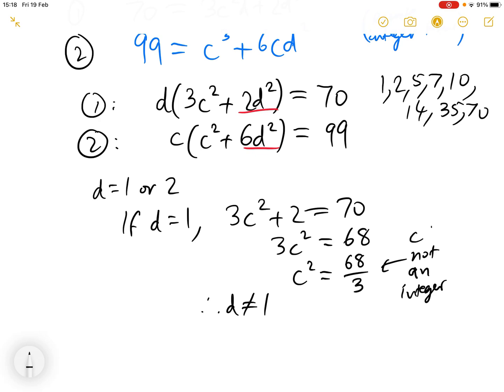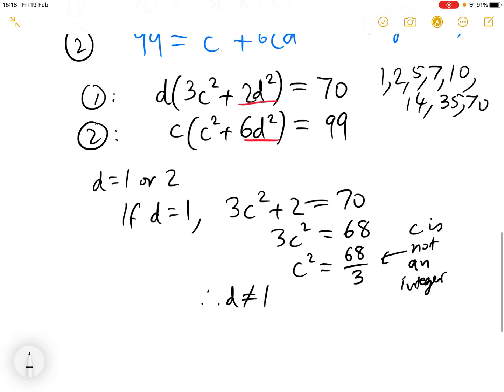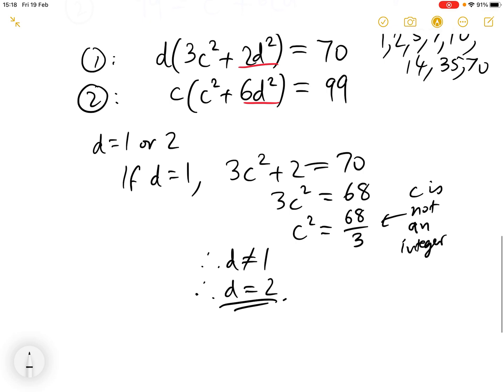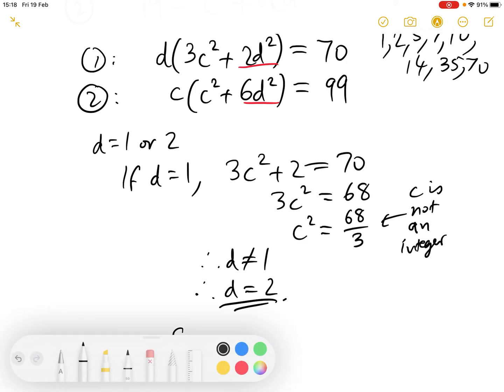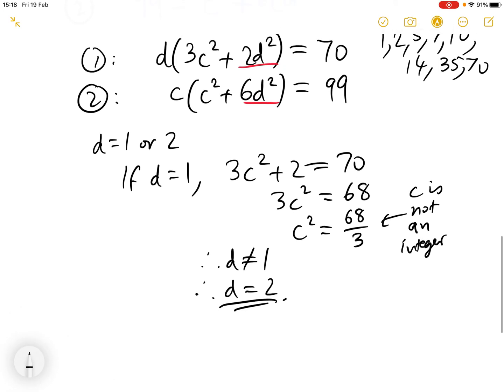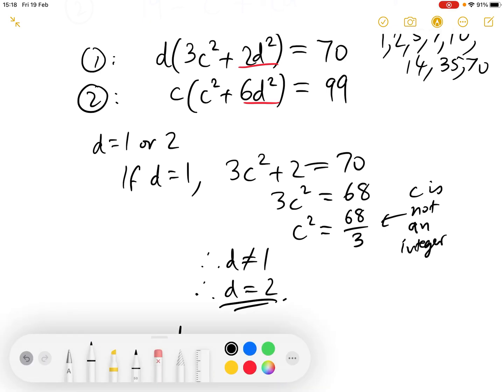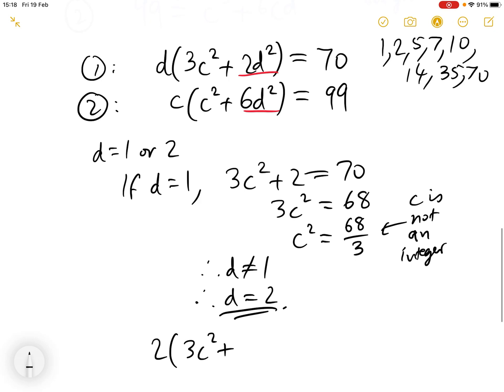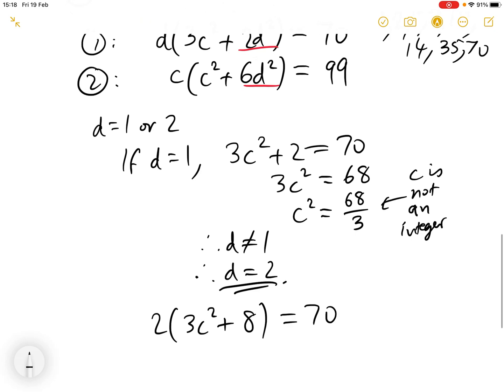So if c squared is not an integer, c isn't an integer, so that doesn't work. So d has to be 2. And once we know d is 2, we can work out c. So now, if we use equation 1, d is 2, so we've got 2 lots of